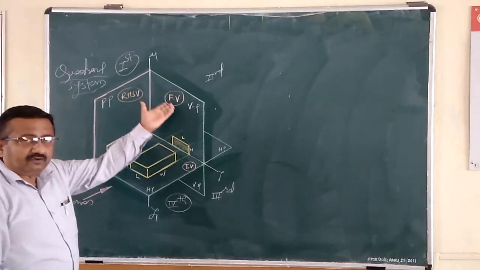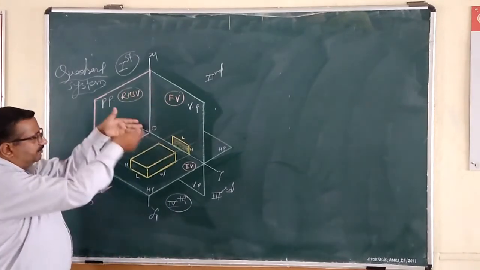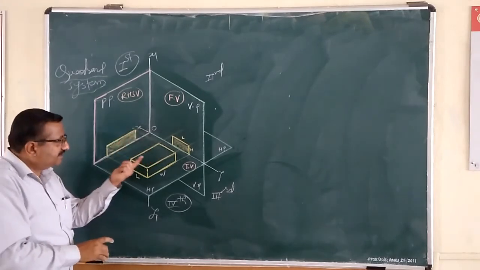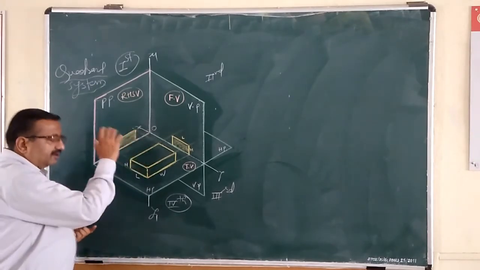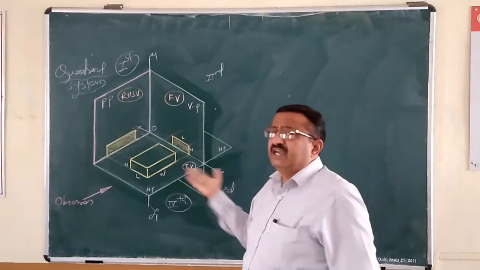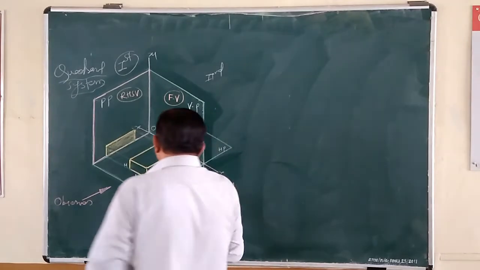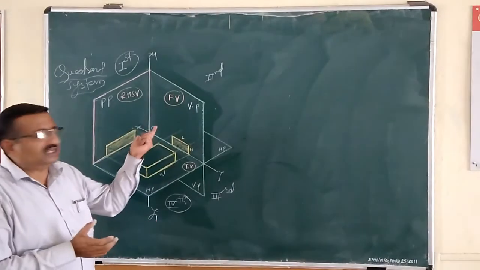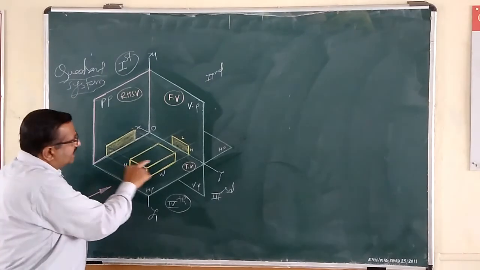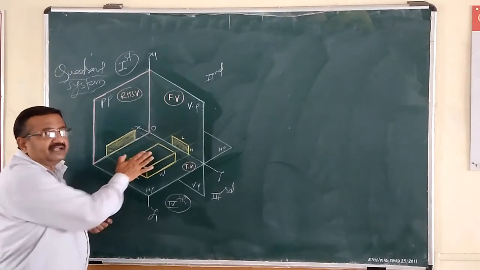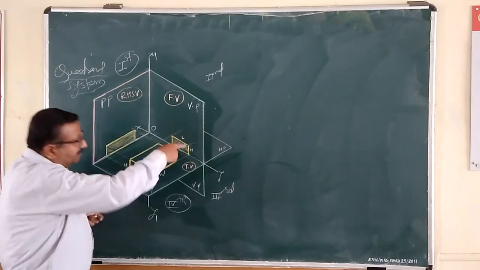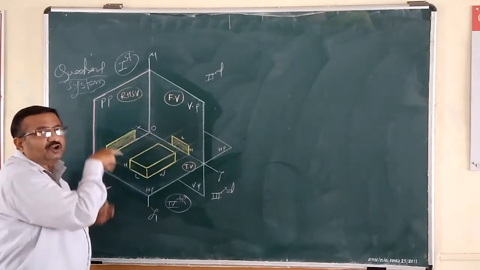Front image on the vertical plane. Naturally, the top image as an entire solid, this three-dimensional object that we have kept on this HP itself, is not possible to show, as it is not in the space now. That's why it is not possible to project this on this HP. But this surface itself is going to be present as its top view, that is L by W. L by W is nothing but its top view.